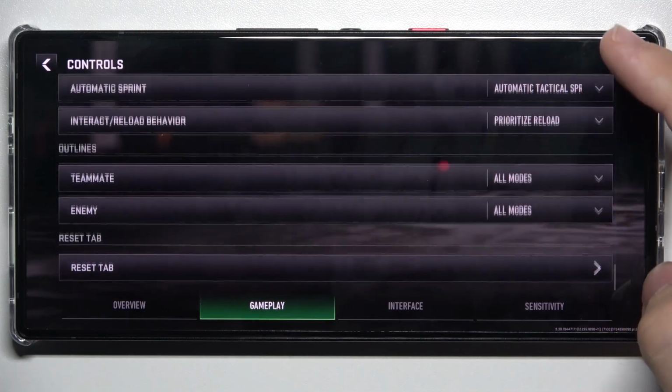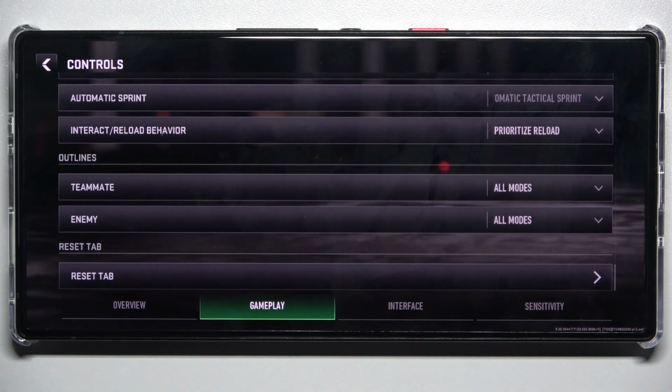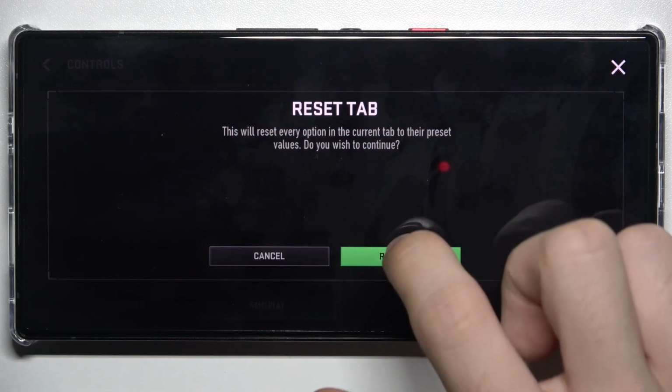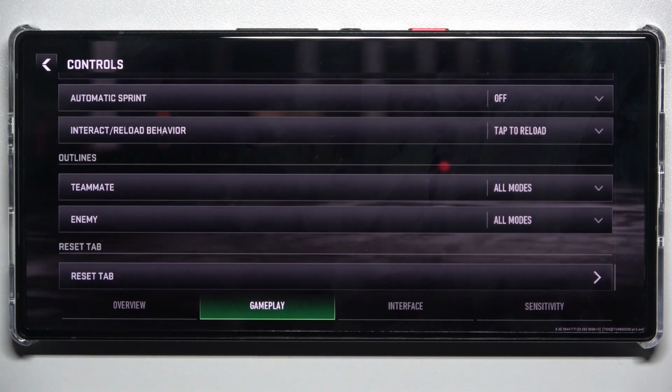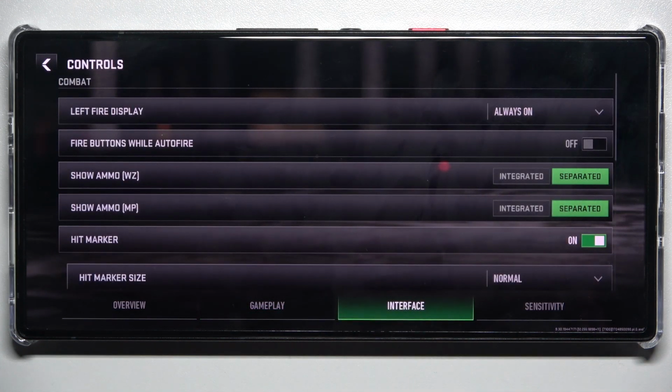the very bottom, and at the very bottom of each tab you can find reset tab. Click on it, then click on reset tab, and now gameplay in controls was reset. Now you can go to